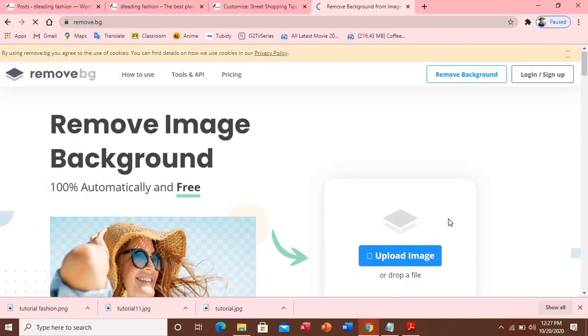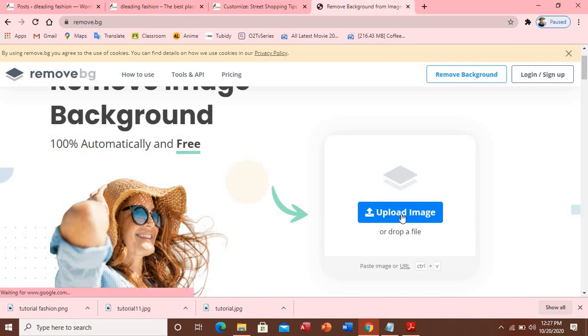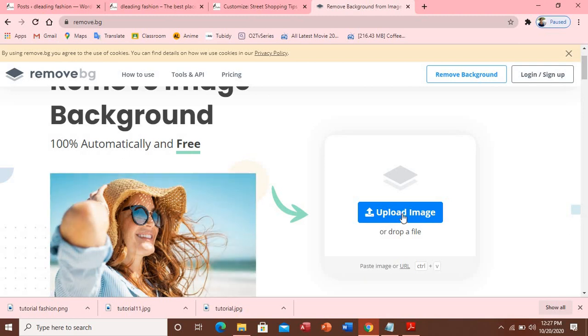So what you just need to do is just upload the image. You click on here. Once you click on upload, the image will be here, and at the same time you just click on it, you will download it back again. Automatically the website will remove the image background for you. Let me see, maybe I can just do some things